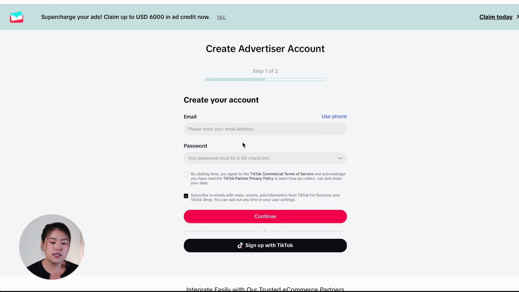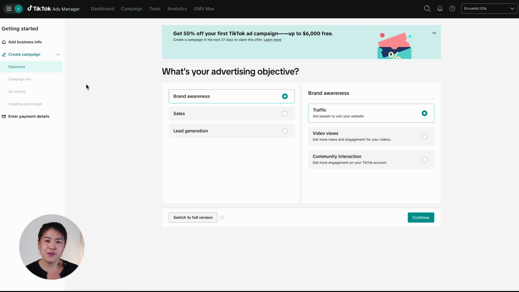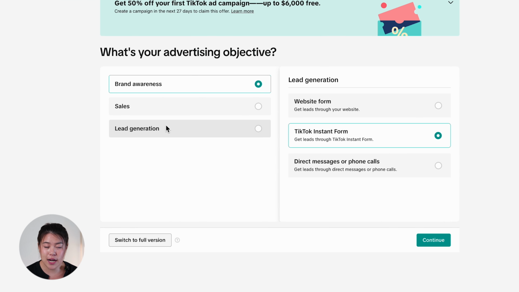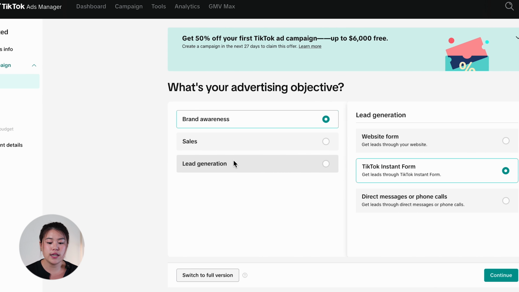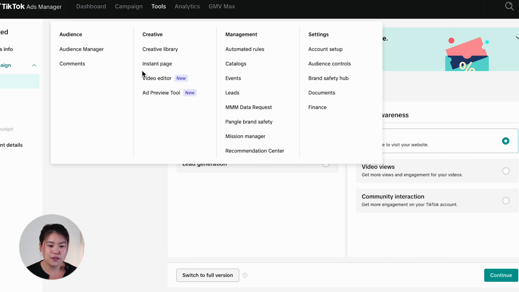Then once you click continue on step 2, you'll choose your country, your time zone, and currency, usually US dollars if you're in the US. So because I already signed up, I am going to sign in with my account. All right, so after that, you'll land inside TikTok Ads Manager, your control room for your campaign. So you can create your campaign, select your objectives, you can do performance tracking and billing, and you'll also get a quick guided tour of your dashboard with tabs like campaigns, assets, reports, and finance. So just take a minute to click through everything and get familiar, then you'll be ready to plan your first